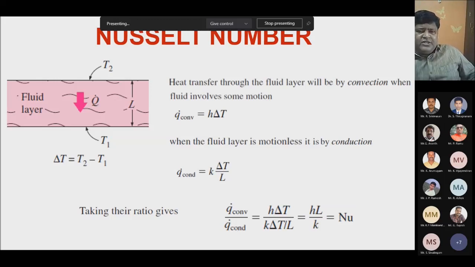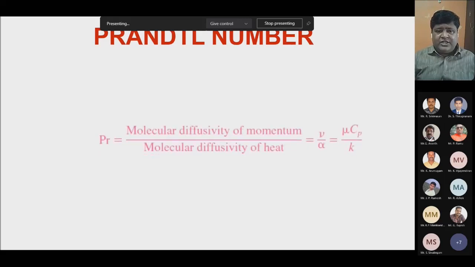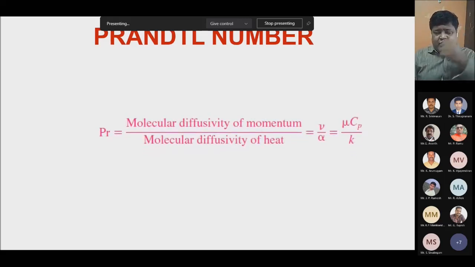The only difference is that K here is the thermal conductivity of the fluid. As far as the Nusselt number is concerned, K is the thermal conductivity of the fluid, whereas for the Biot number it is the thermal conductivity of the solid. That is the only difference. So I just wanted to add this point, as I had not clarified it very clearly last class. Next is the Prandtl number, the last, because we have grouped.